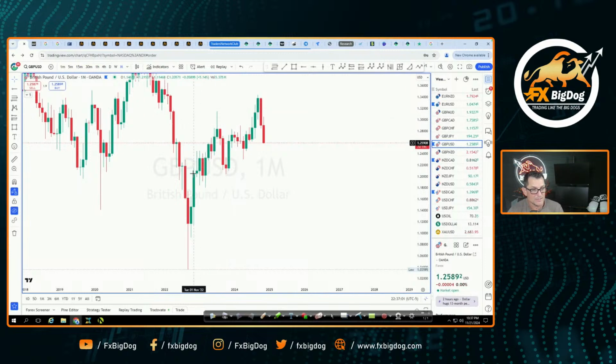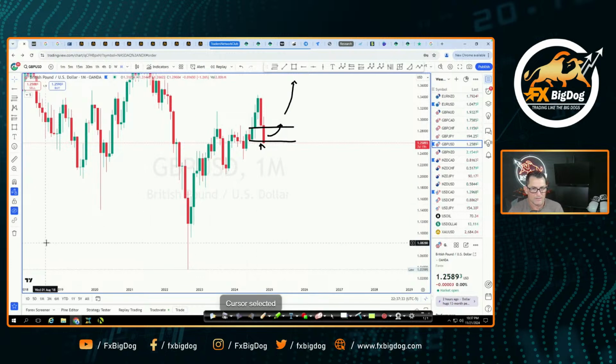I'm seeing that there is quite a bit of support at this area. Why? Because there's an order block sitting over here. So I'd like to see the market respect this order block, which means close above it. And then we could start looking for the market maybe to rally up. Now, I'm not saying that we're going to continue to move up on the pound US dollar. I'm just saying that there is possibly going to be a way for the market to move back up into rebalancing, right? Because the market always rebalances, right?